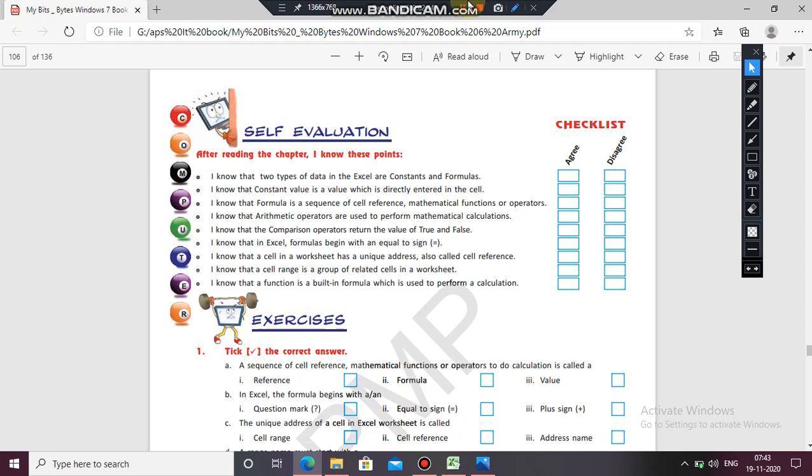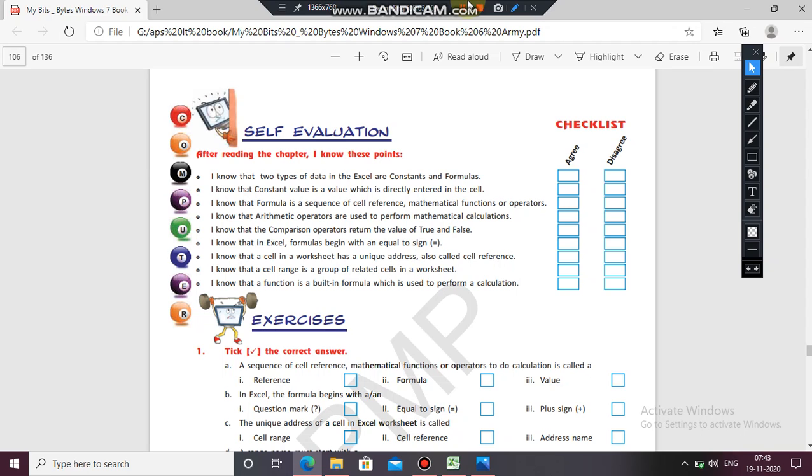I know that a cell in a worksheet has a unique address, also called a cell reference. Of course, a cell reference is a unique address of the cell. Next, I know that a cell range is a group of related cells in a worksheet. The range means from A1 to A6.